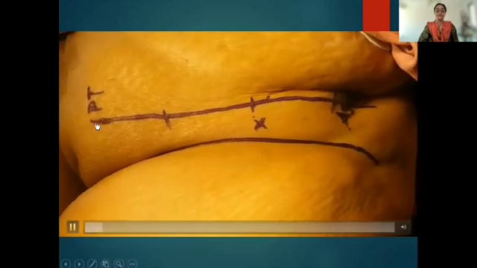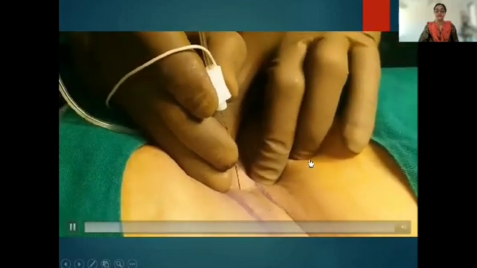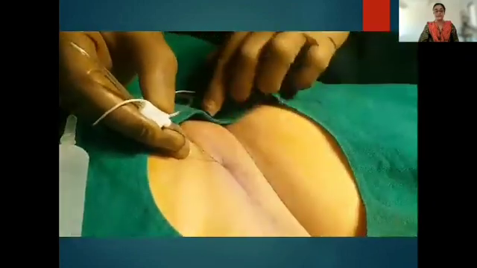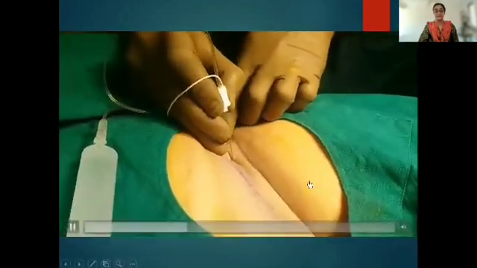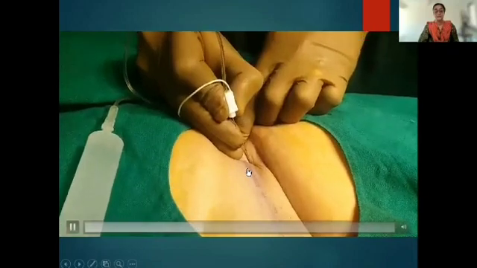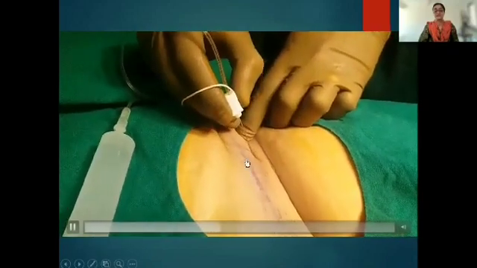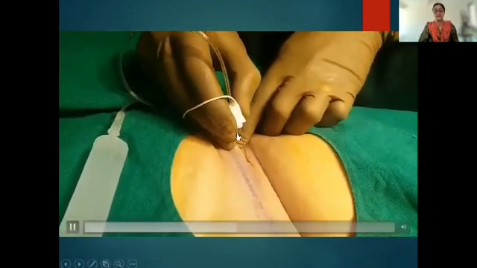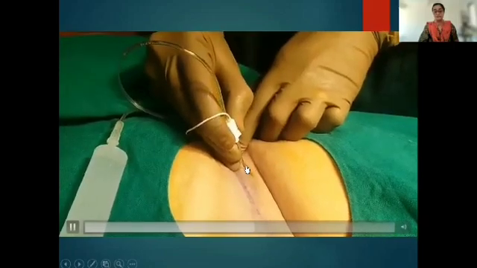You can see that the pubic tubercle and the anterior superior iliac spine are marked. At the point of needle entry, again I'm assuring, go perpendicular after giving the local. This is a blunt 22 gauge Stimuplex needle. You see the bounce